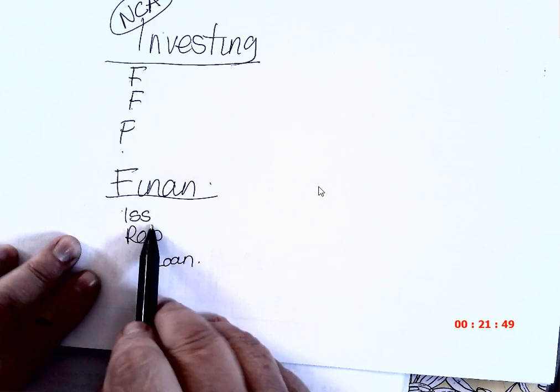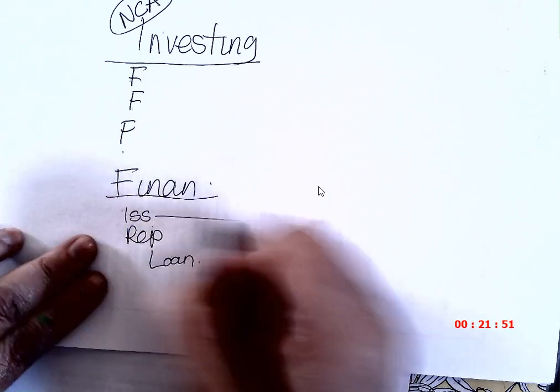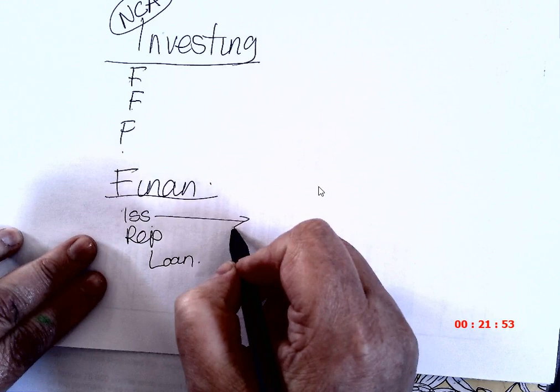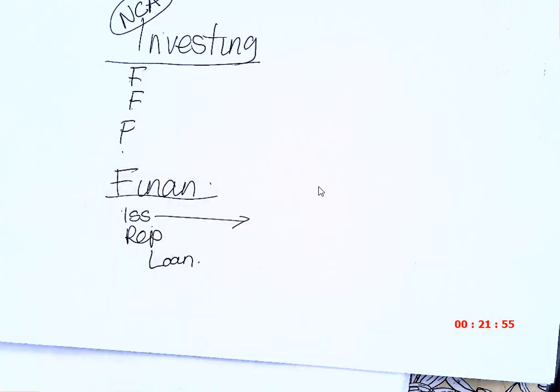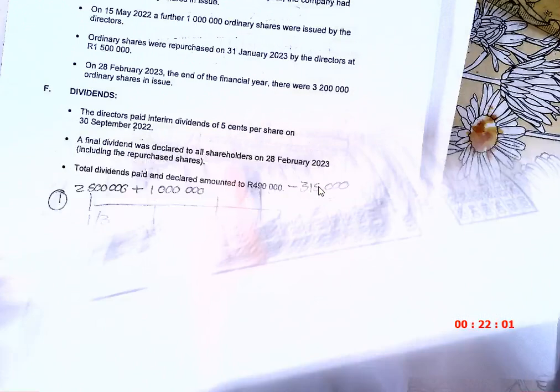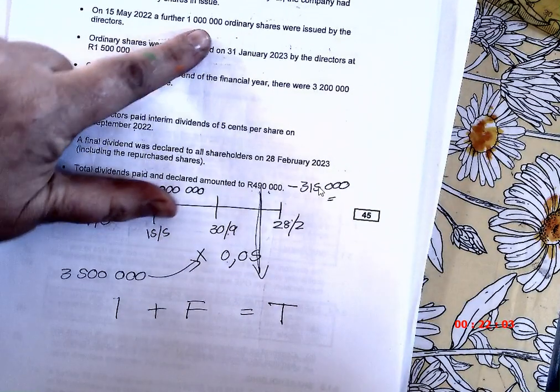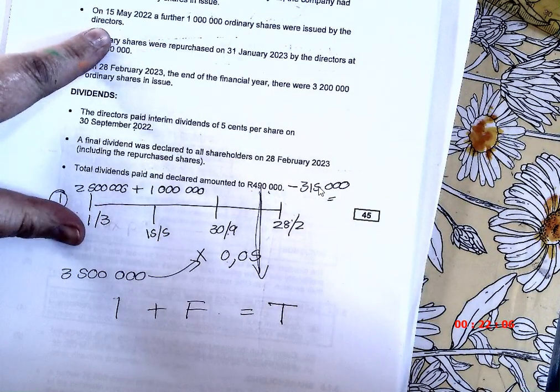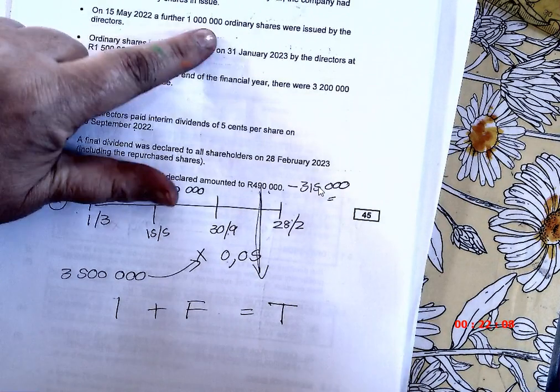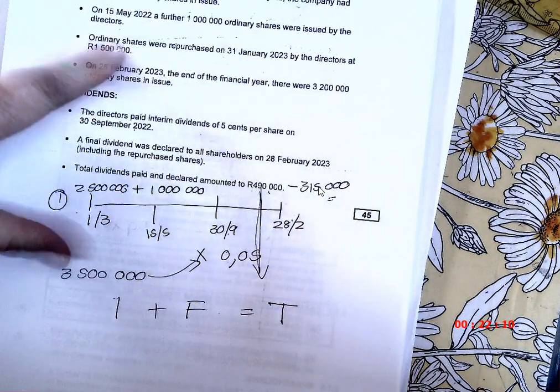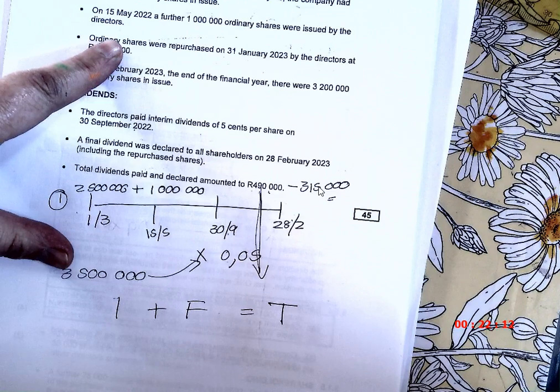When I look at the financing, while we're there, the issue of shares, you literally go and look at the information they give about shares, where they tell you 1 million shares was issued by the directors. So they want the rand value of that million. Now can you see they're spiteful, they don't give it to you. So what are you going to do? You have to do your note